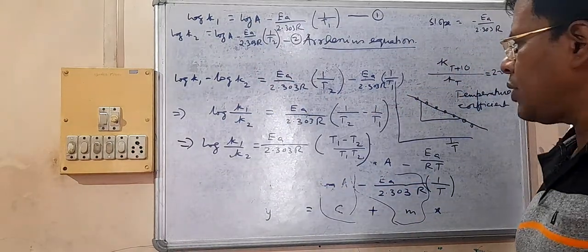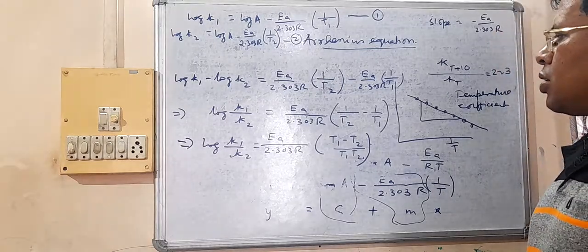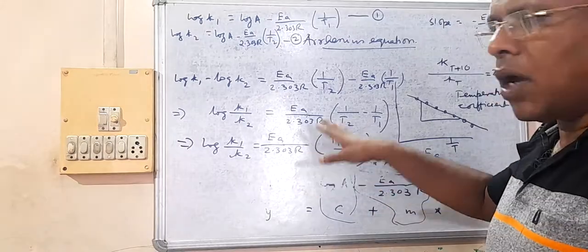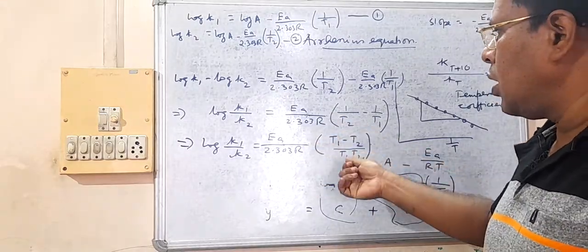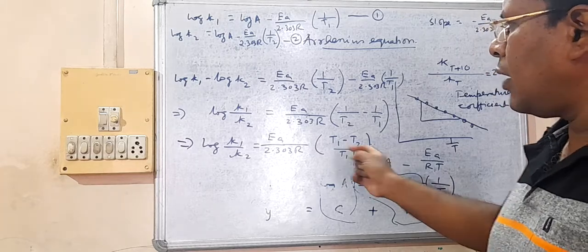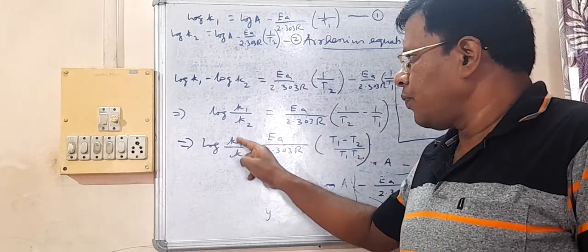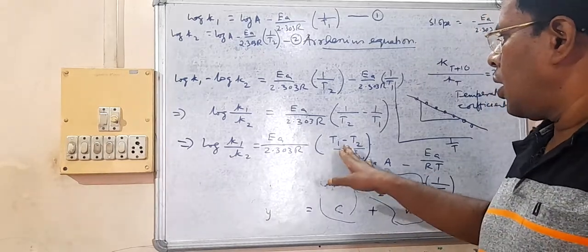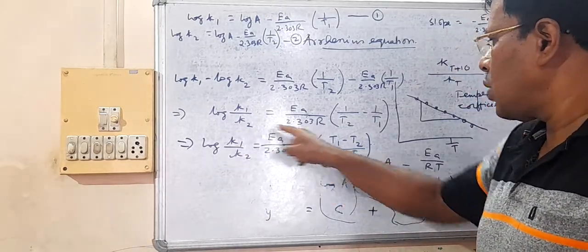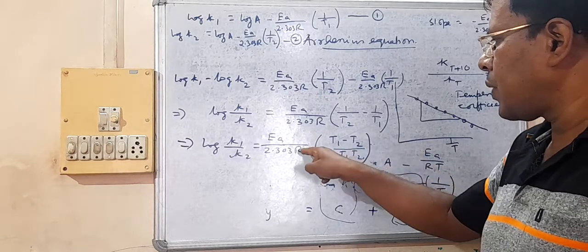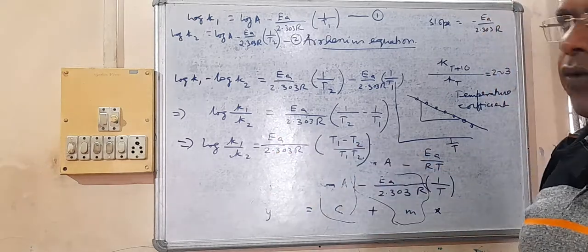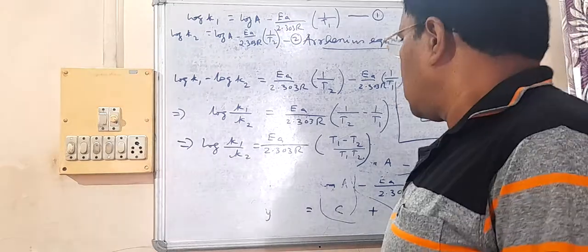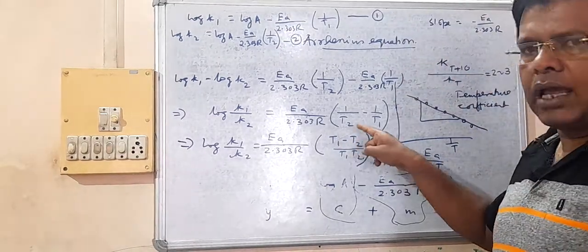Regarding that question, how is activation energy of a reaction determined without graph? This is the equation by which we can do so. If we know the rate constant value at two different temperatures, all this is known to us, so we will be able to find the activation energy of the reaction. Remember, the temperature is in Kelvin scale.